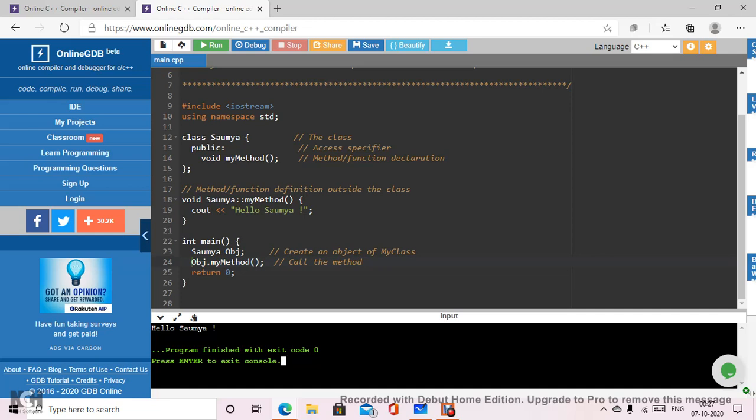Okay, so in this video, as an assignment, you have to create one class in which you have to create a method. It depends upon your choice whether you want to define it inside the class boundary or outside the class boundary. I want you to write a method which takes arguments, that means which is parameterized.